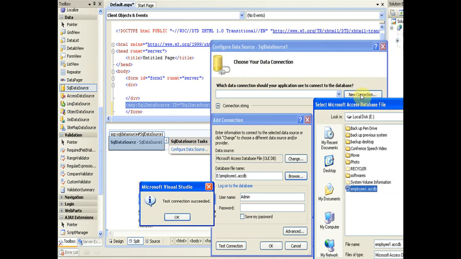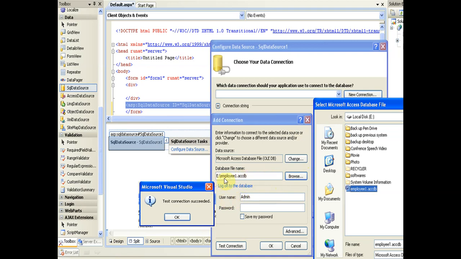As you click on new connection, it will display the add connection window, and here we can write the name of the connection, the data source name, the DSN name. We can select the DSN name of Oracle, or the DSN for SQL and MS Access. This time we have selected MS Access. As we select the DSN name for MS Access, it will display this window, and in this window we have to write the name of the database.